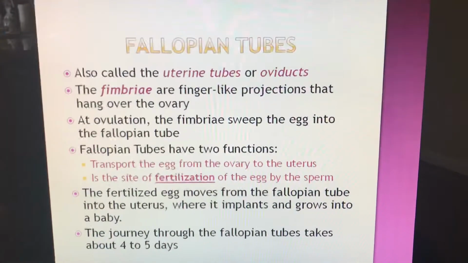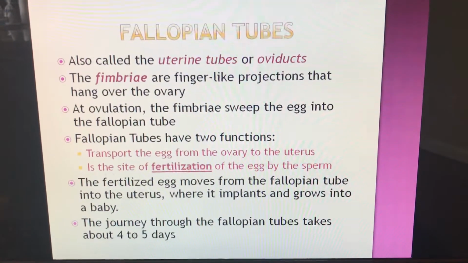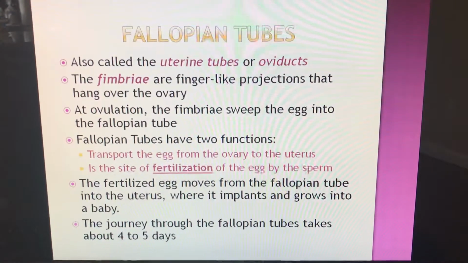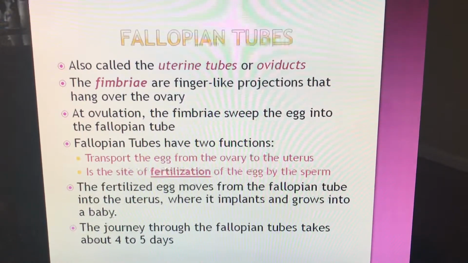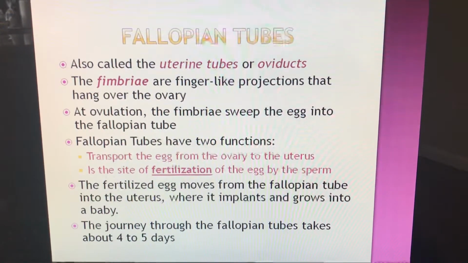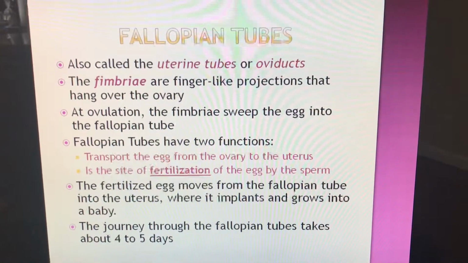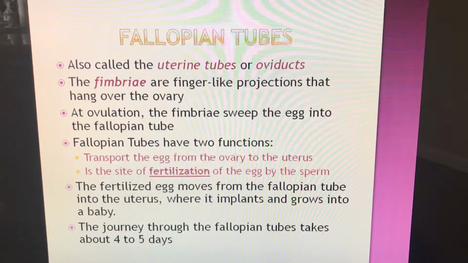So your fallopian tubes are also called the uterine tubes or oviducts. They contain fimbriae, which are finger-like projections that hang over the ovary. So at ovulation, the fimbriae sweep the egg into the fallopian tube. So the fallopian tube has two functions. It transports the egg from the ovary to the uterus, and it is the site of fertilization of the egg